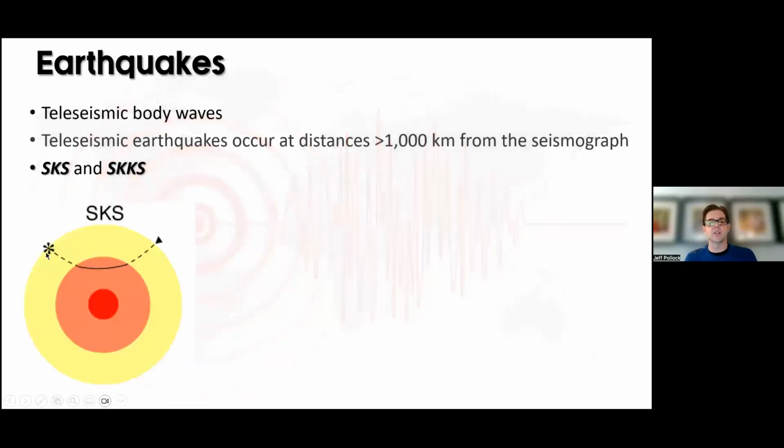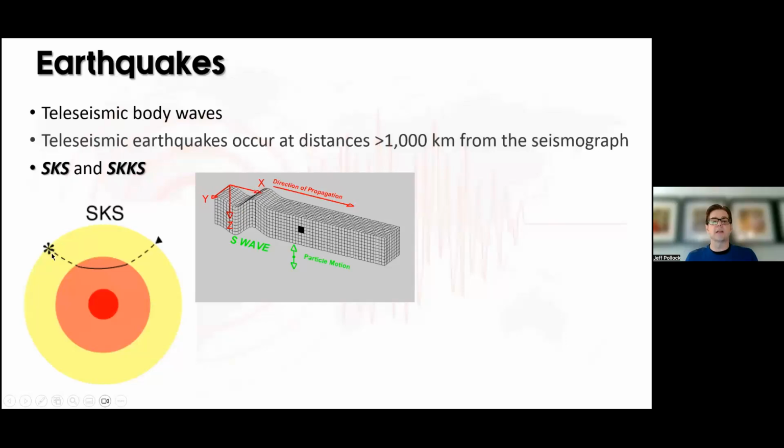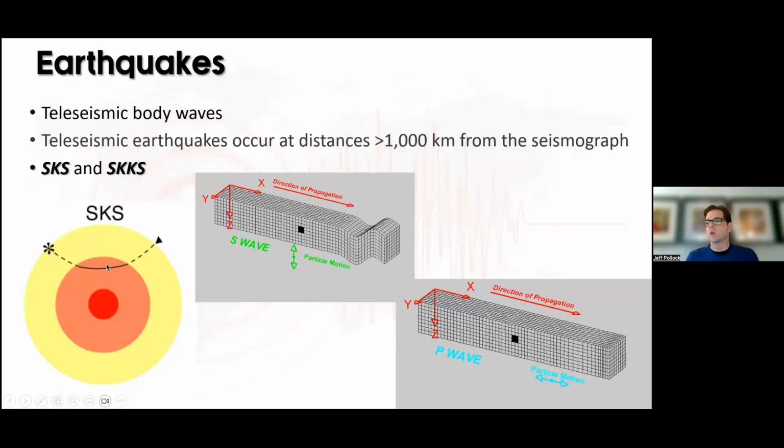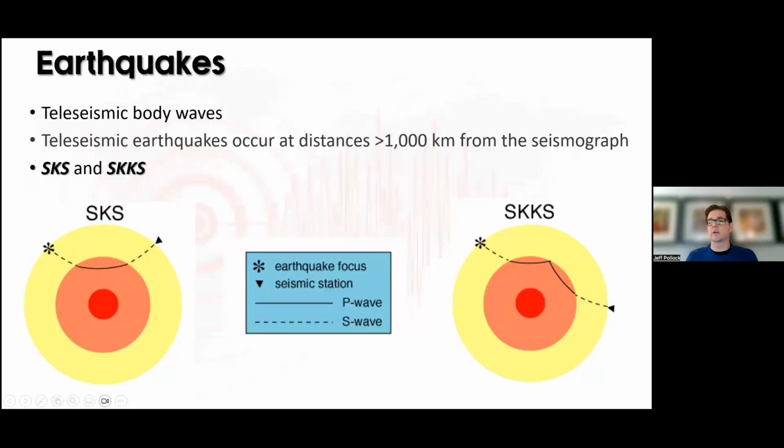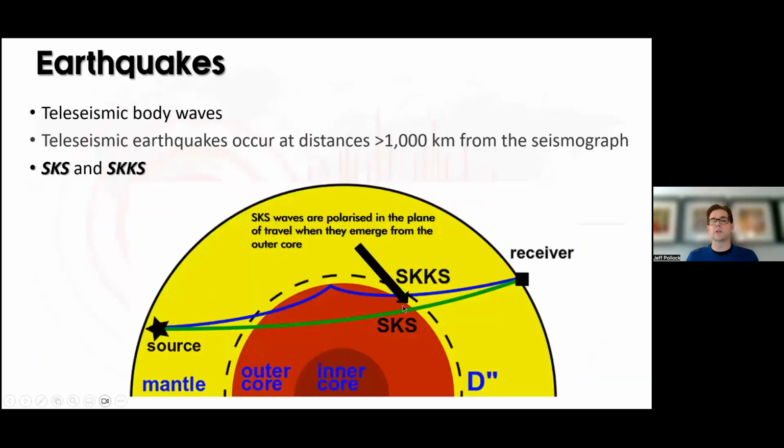So an SKS wave transits through the mantle as a shear wave or an S wave, enters the core where it's converted into a P wave or compression wave, and then reemerges into the mantle as an S wave where it's recorded. An SKKS wave is very similar, except it reflects off the core mantle boundary as another P wave and then reemerges. And this is key because what happens when these waves emerge from the core is that they